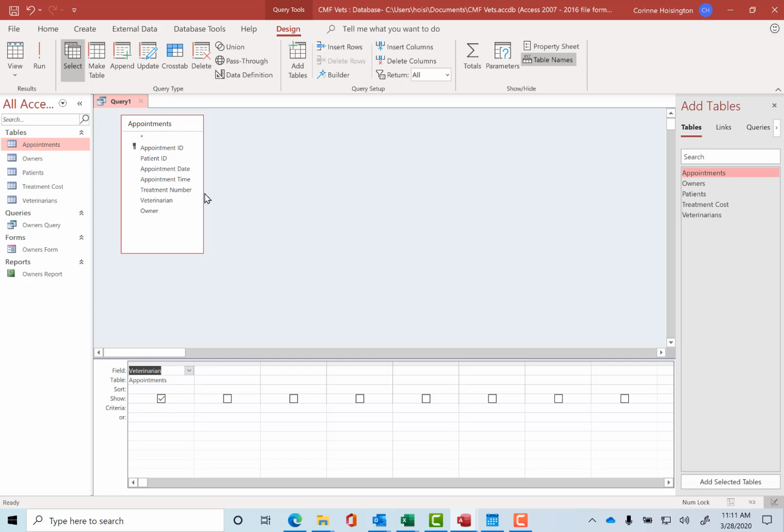Next, I'm going to double click on appointment date, and I'm going to double click appointment time, patient ID, treatment number, and owner. So I can put this in the order and the information that I want to see. Now, if I were to run it right now, I would get all the appointments, but I want to look